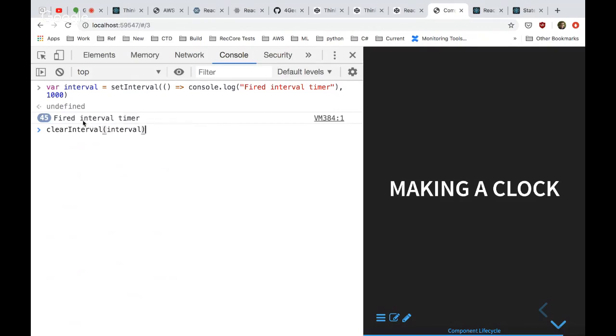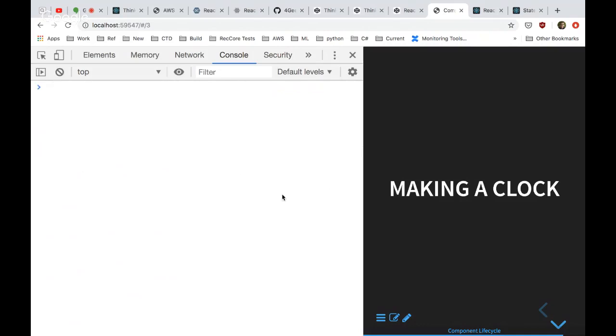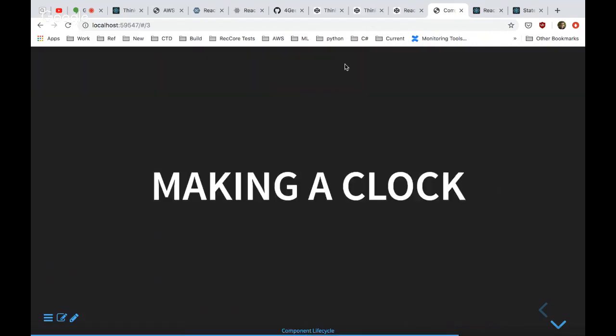You notice I returned a value from this setInterval and held on to it. Now I've cleared it and it's not going to be firing every second anymore. That's an example of another external resource to your component that you would need to manage, because that interval isn't really tied to a component anywhere.